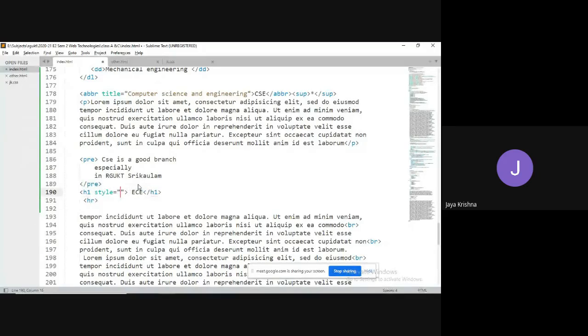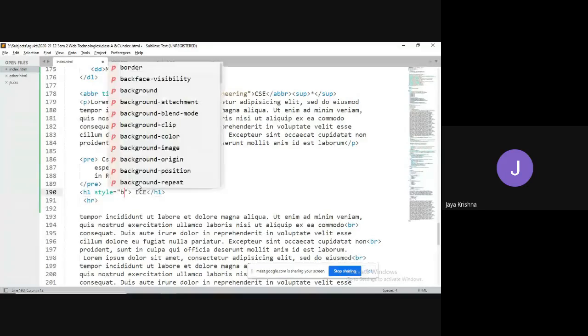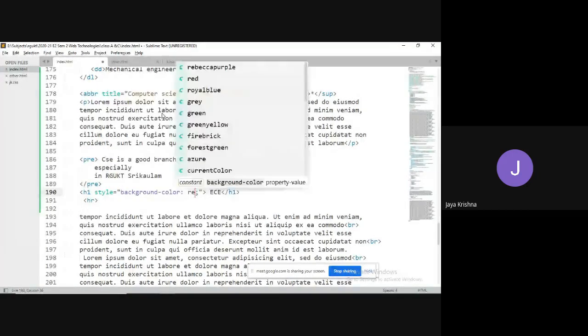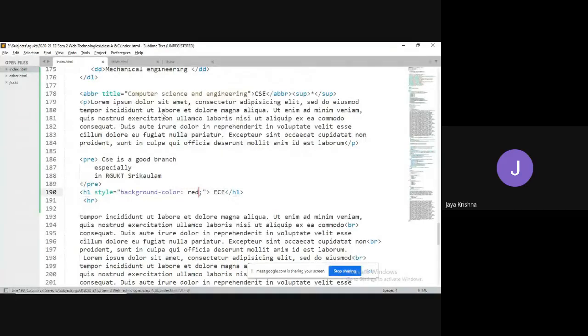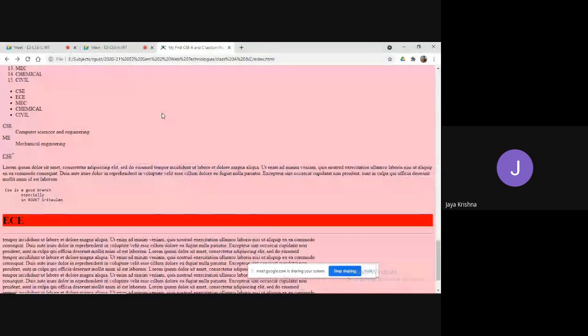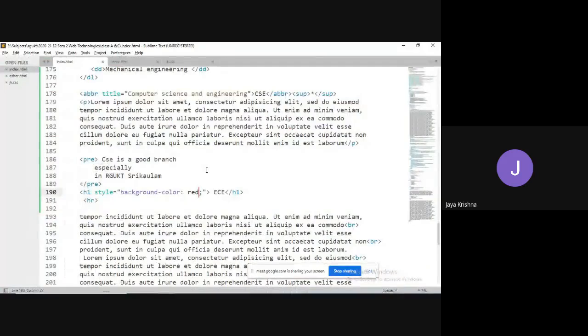The style attribute is meant to apply styles to any kind of element in HTML. For example, background color equal to red. Right? Yes. That is the way you can use the style attribute.